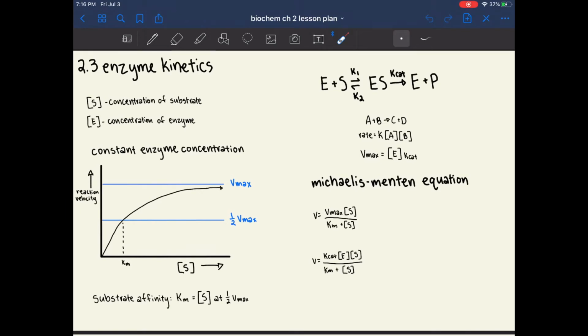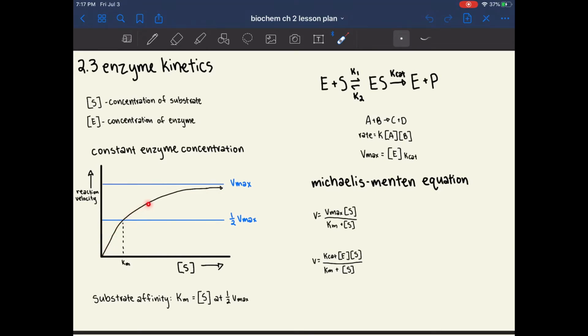Chapter 2.3 is about enzyme kinetics. This means the concentration of your substrate, and this means the concentration of your enzyme. So here I've graphed a plot of reaction velocity at constant enzyme concentration. So if you have constant enzyme concentration and you have no substrates, your reaction will not proceed at all. And once you begin to add substrate, your reaction will start to get faster very quickly because all of your enzymes are empty,